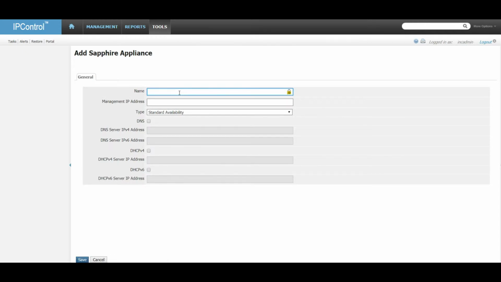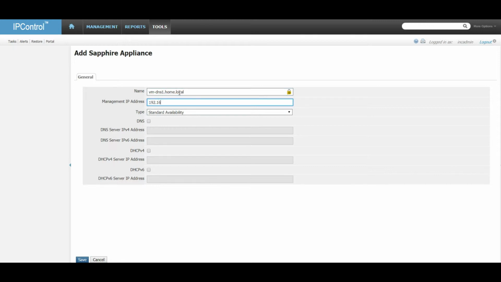So in this particular case, we're only defining the DNS or DHCP appliances in this screen. The executive and the cloud automation are defined basically inherently. We don't define them as a Sapphire appliance per se here from a service management standpoint. So we're going to do